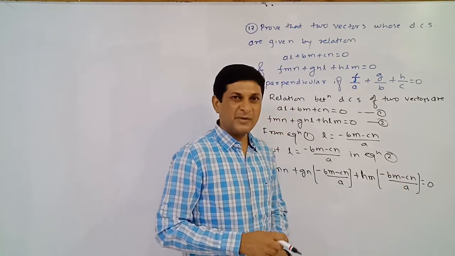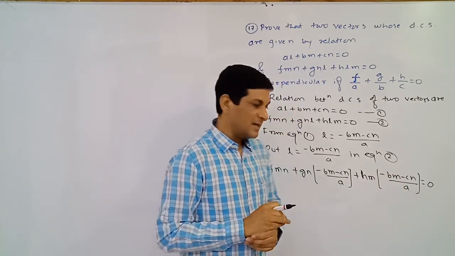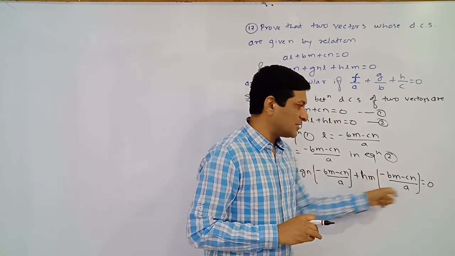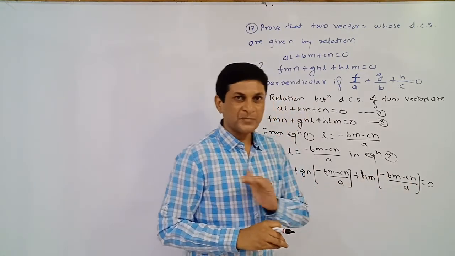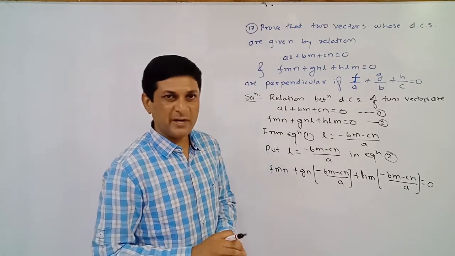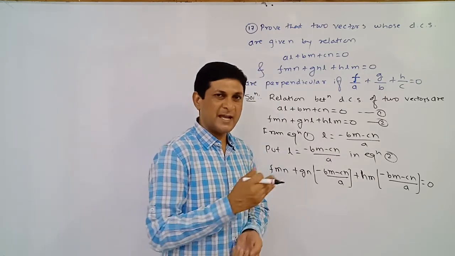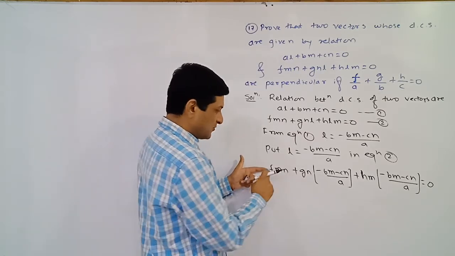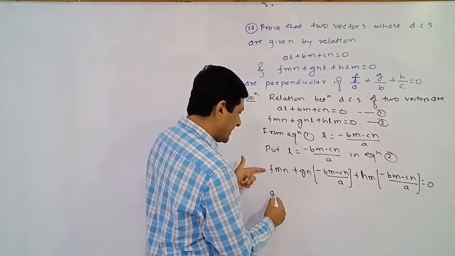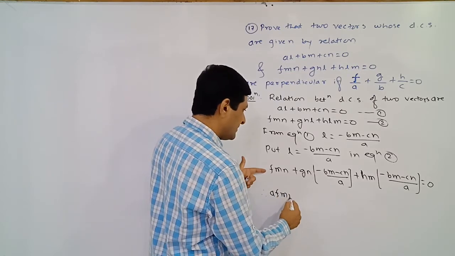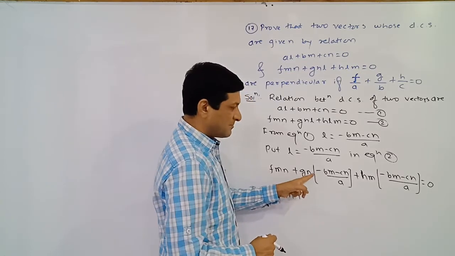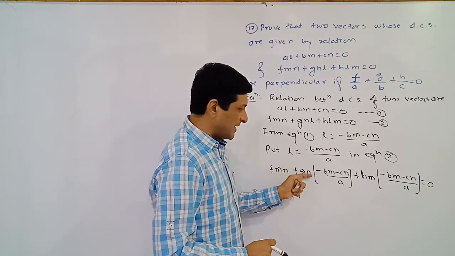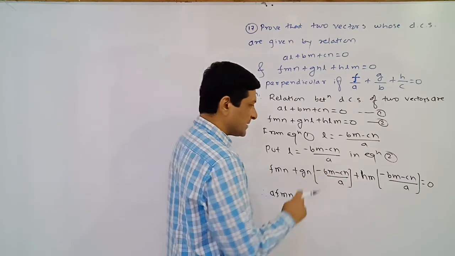Now if you observe the denominator of both the terms, A is there, and to eliminate A from the denominator, multiply both sides by what? A. If I am multiplying by A here, A will get cancelled. If I am multiplying by A, here also A will get cancelled. Means to eliminate the A from the denominator, we simply multiply both sides by A, and parallelly we are simplifying this expression. So, multiply the first term by A, here we will get AFMN, plus, if I am multiplying by A, A will get cancelled. And parallelly I am multiplying by Gn to both the terms in this bracket.